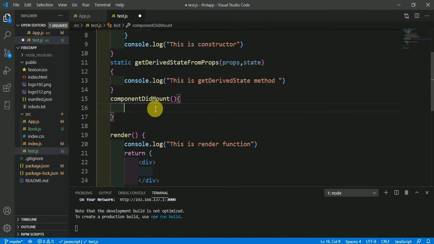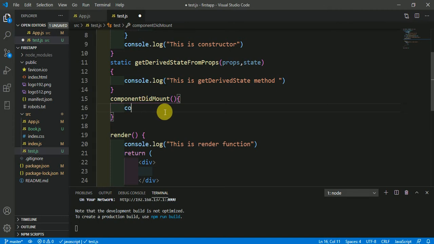You will understand componentDidMount deeply in the next videos. In the previous video I also used the useEffect React hook to connect our Firebase database console to the React application. So the useEffect hook is similar to componentDidMount. We use useEffect in the functional component, but we use componentDidMount in the class component.